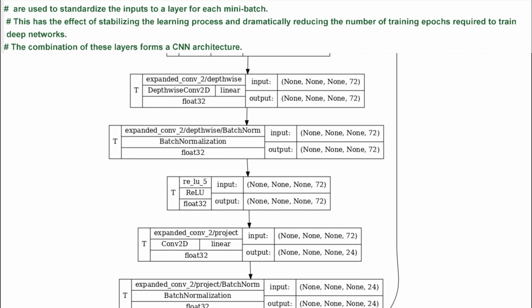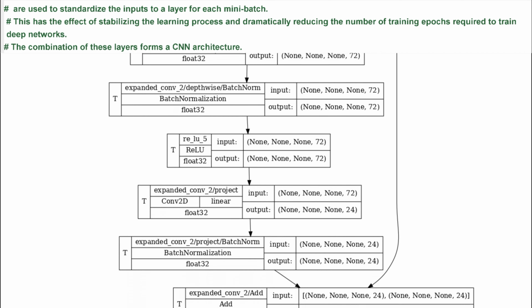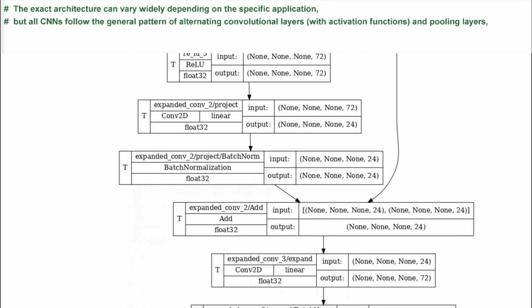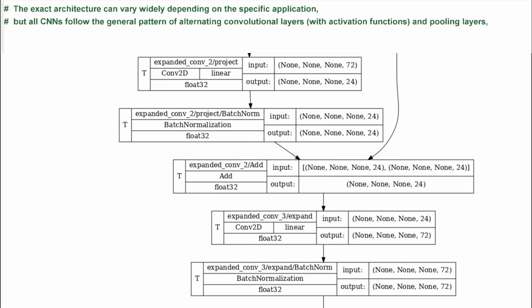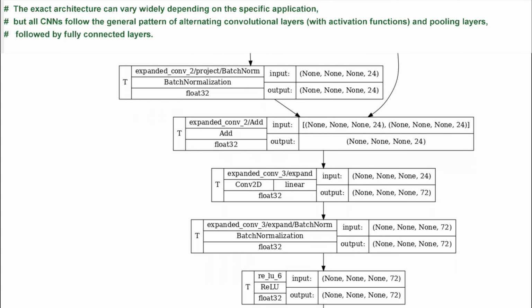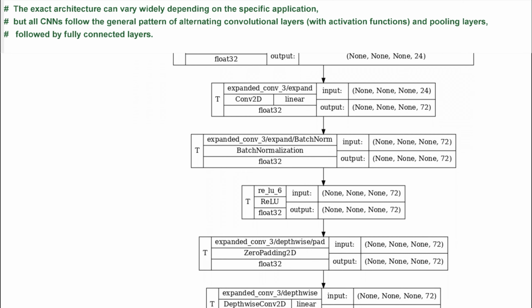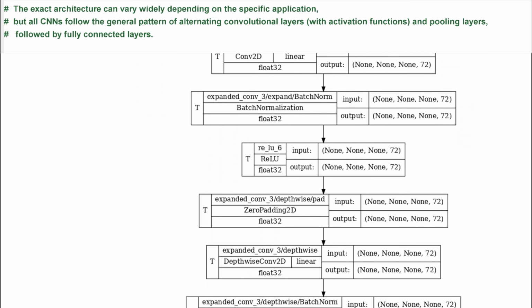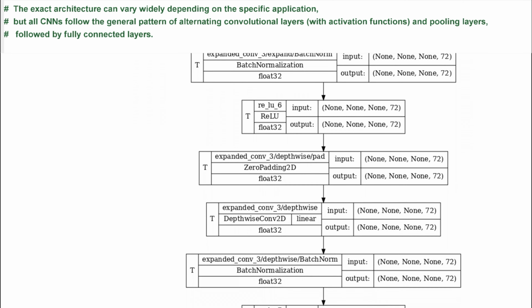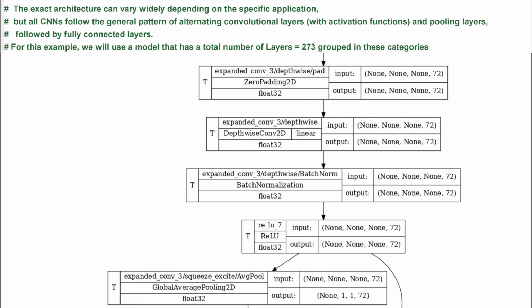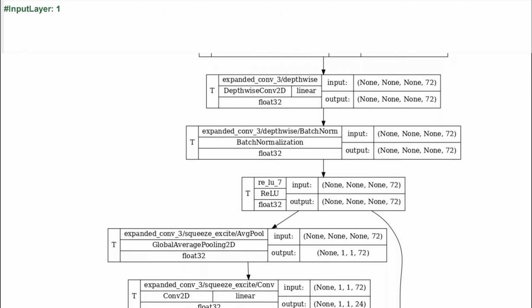The combination of these layers forms a CNN architecture. The exact architecture can vary widely depending on the specific application, but all CNNs follow the general pattern of alternating convolutional layers, with activation functions, and pooling layers, followed by fully connected layers. For this example, we will use a model that has a total number of layers equals 273 grouped